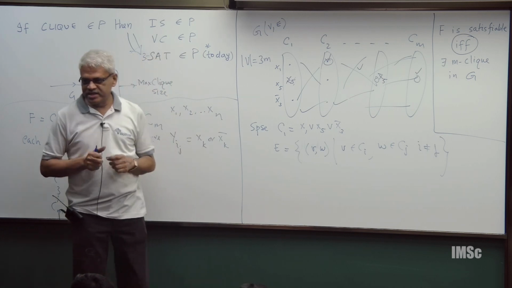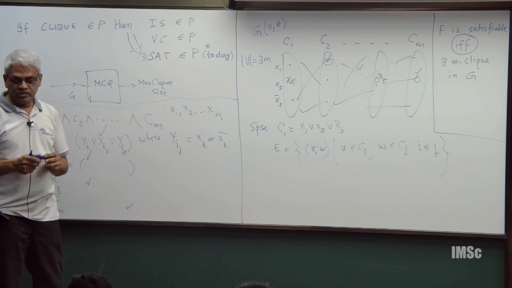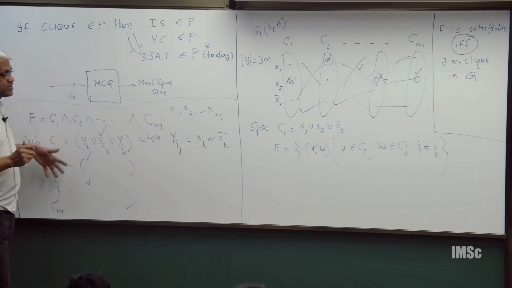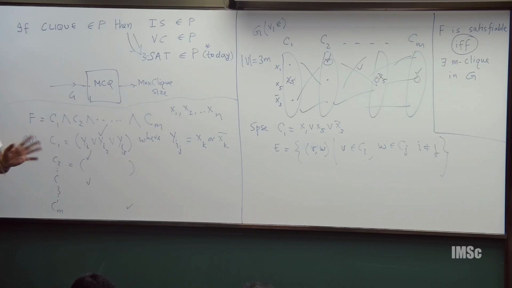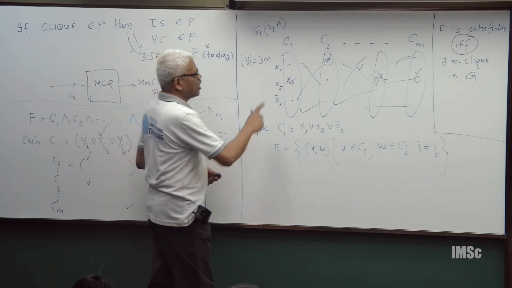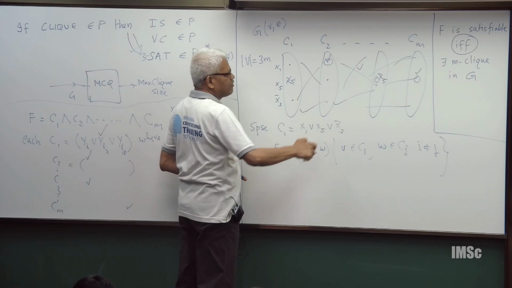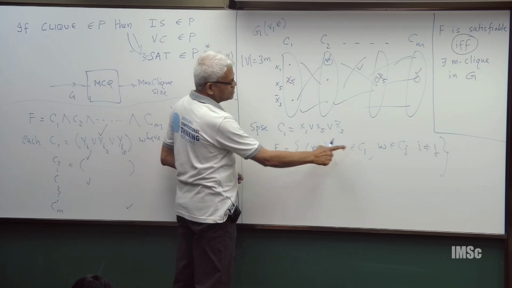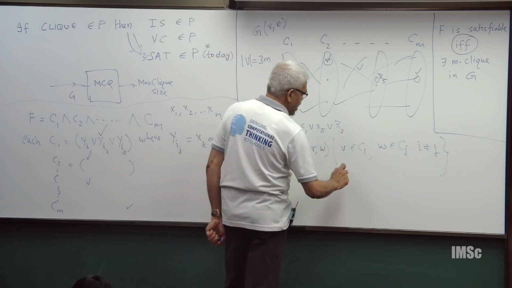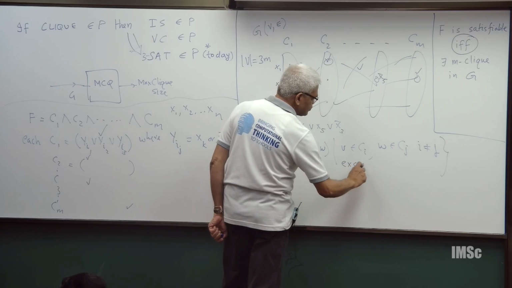I am sort of reverse engineering my graph. Okay, so this is very important. Do not assume that this is satisfied and take the assignment and construct the graph. The moment you give me the formula, I am going to construct the graph. The graph is now going to have these 3m vertices and all edges of the form like this, except